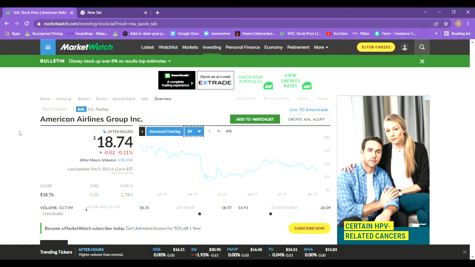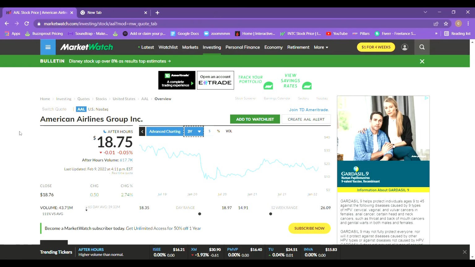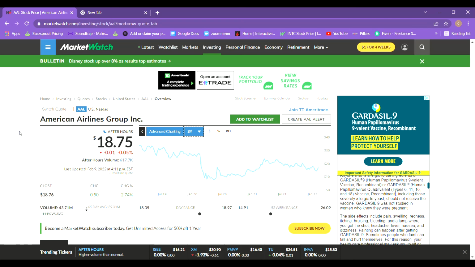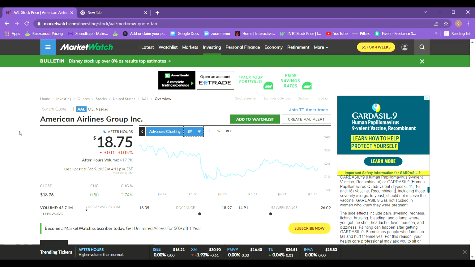In conclusion, American Airlines has some awful financials. The only good thing I see with this company right now is the revenue, and the net income is a work in progress. Everything else needs work. This is not a stock I would feel comfortable putting my money into right now, and if you're interested for whatever reason, I would try to wait and see if it dips down to like $10 a share.